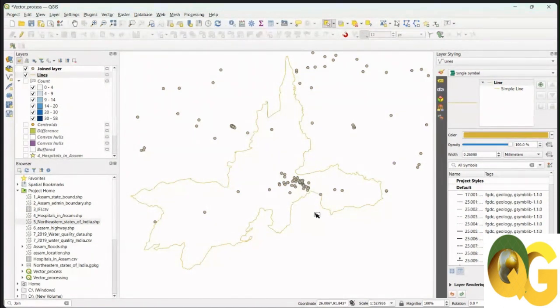In case of tragedy, maybe people from neighboring districts want to visit these hospitals. So let's see how much connectivity of roads we have for this district. So how can we do that? We need our